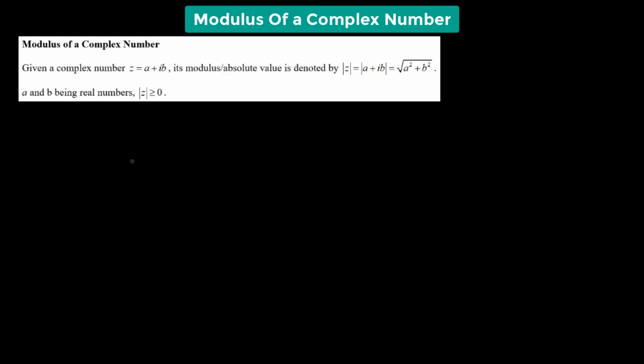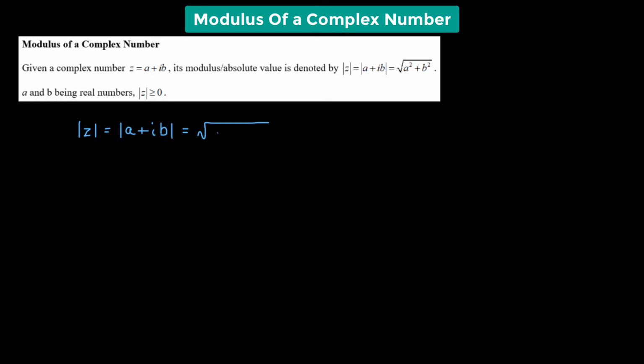In this section, we are going to understand how to determine the modulus of a complex number. So we have a complex number z given by a plus ib. Then its modulus, also known as the absolute value, is denoted by mod of z. We have assumed that mod of z is a plus ib. Then this value is going to be equal to